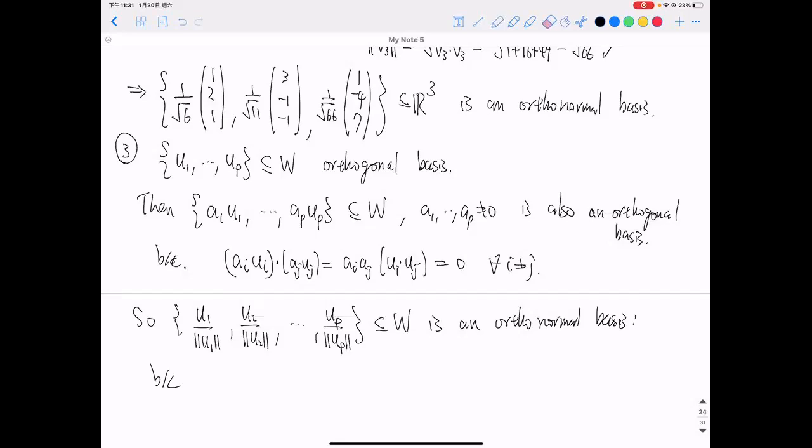As we've already said, this is still an orthogonal basis. Now for each i,